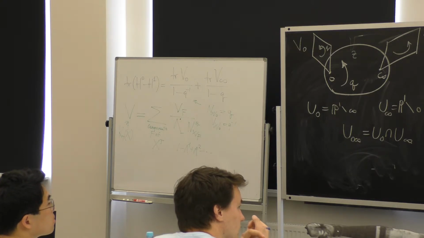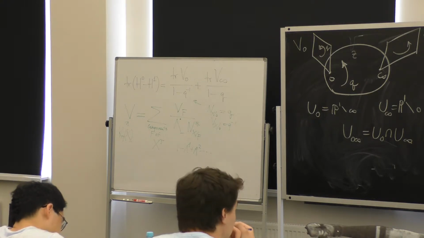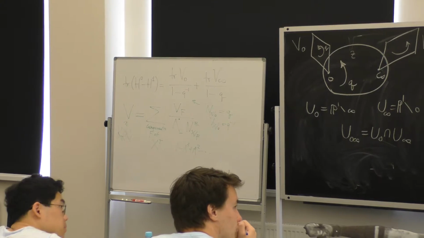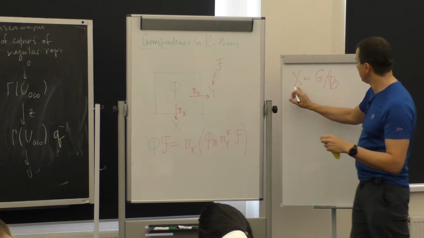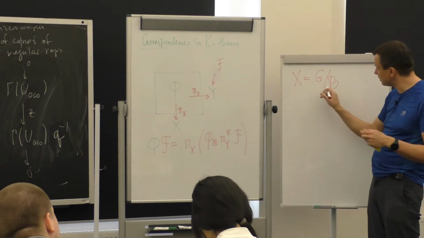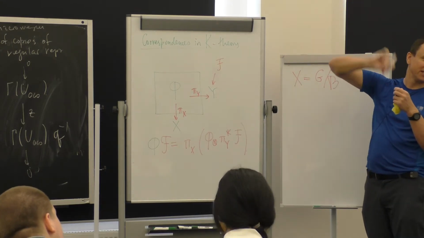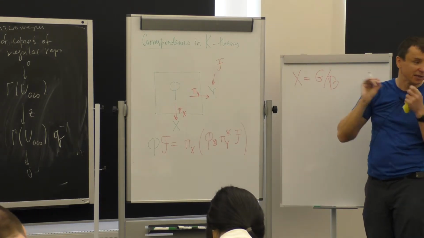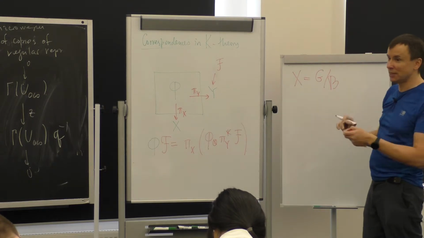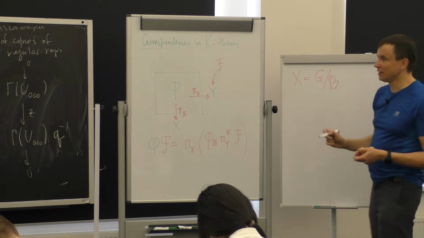So if I take X to be G mod B, then if I take a one-dimensional representation of B, so we discussed that this makes X a B bundle. I mean, this gives you a particular B bundle over X, namely G. And so if I have any representation of B, I can have an associated line bundle. If I take a one-dimensional representation, I have a line bundle for any character of B. And then you compute the Euler